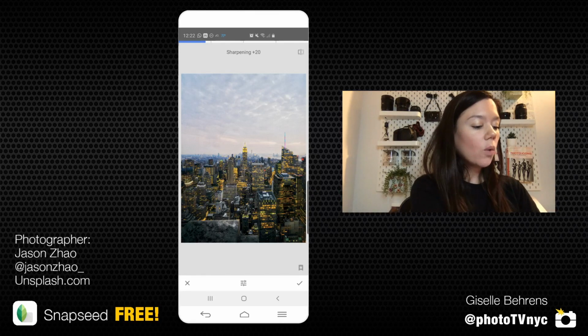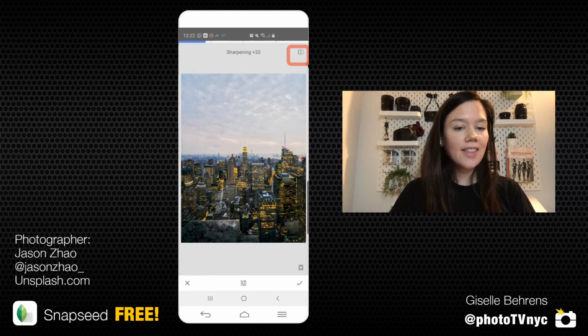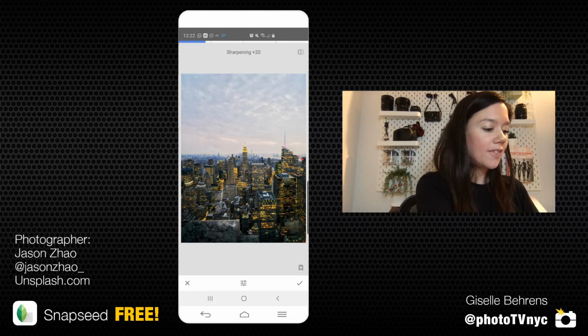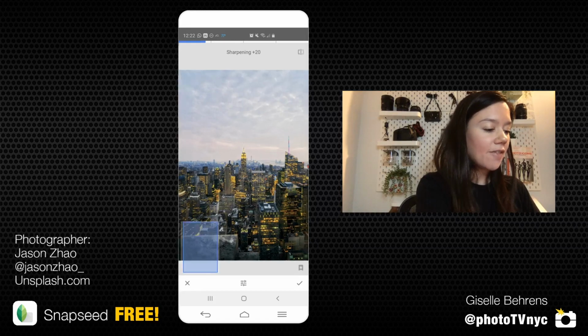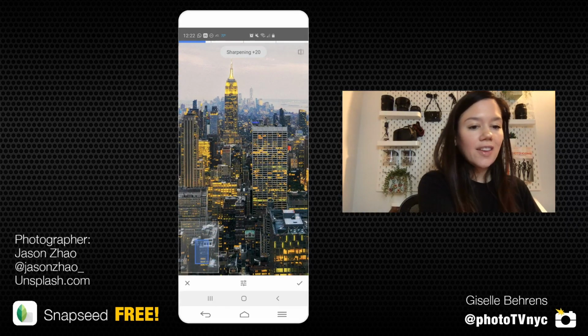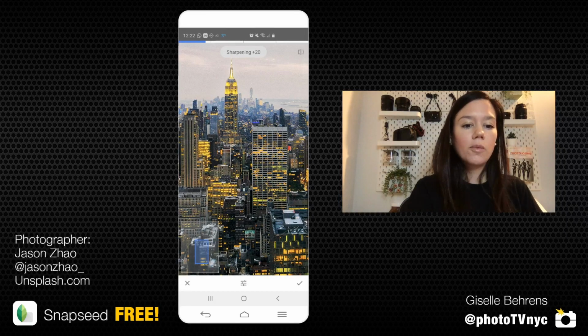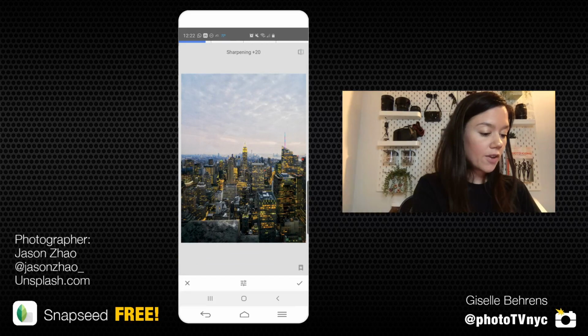Now we can always check how the adjustment looks just by clicking on the upper right hand. You have that little icon. You can check out the screen. This little icon is going to help us see the before. You can see that it's a little bit more fuzzy, and the after. If we zoom in, we might see it a little bit better. Here you can see that the buildings and the Empire State are a little bit fuzzy. Now just by adding this adjustment, it becomes crisp and really stands out of the photo. So now we're going to press our check mark,